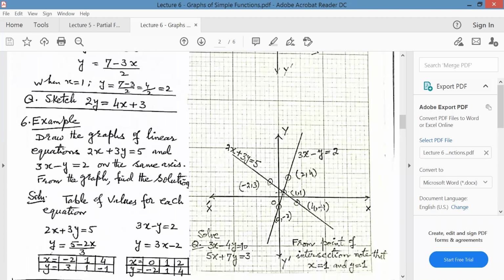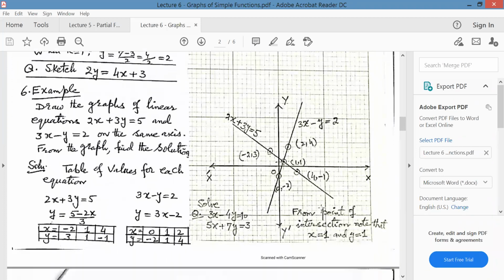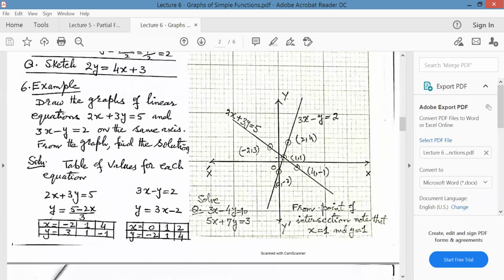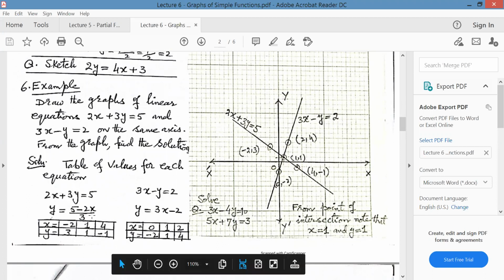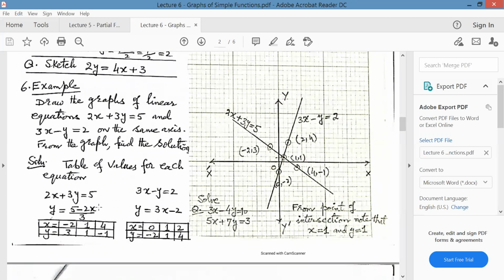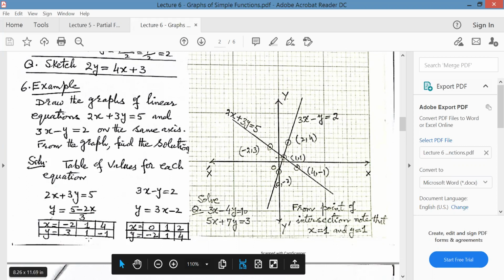Then I told you how to solve a system of linear equations. It's very simple from a graph. Just plot the two equations. On the left side keep the y value and shuffle all the constants and variables to the right side. And then keep on giving different values from your own side. The independent variable is x, so you can give any value to x. But keep in mind that you should give a value to x in such a way that y does not come in fraction. Look, if I keep x as 1, then 3/3 will be cancelled and the answer will be 1. So when x is 1, y is also 1.